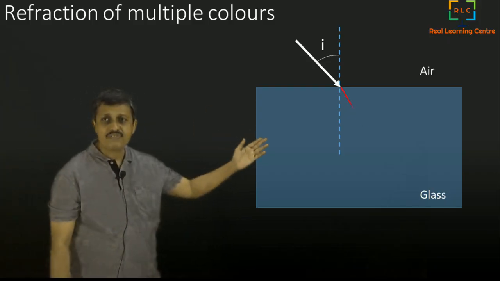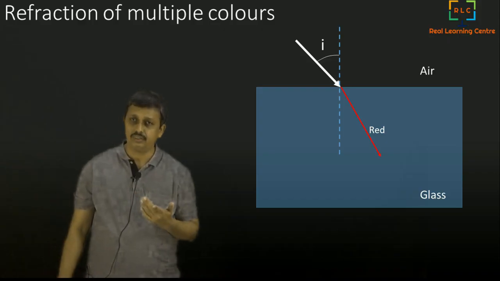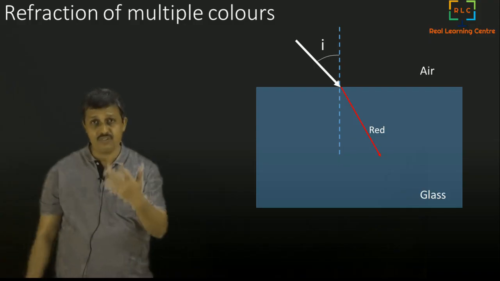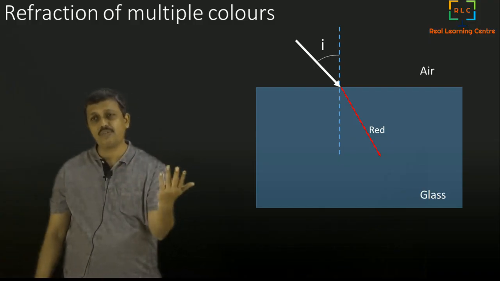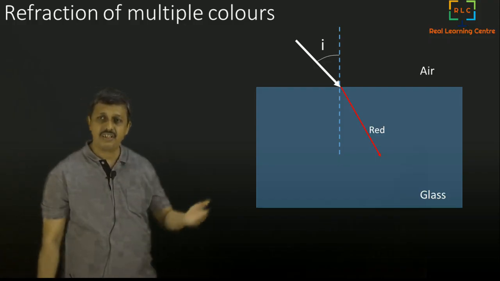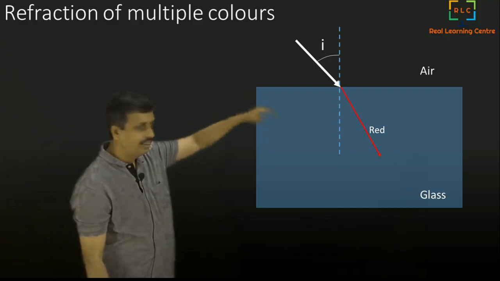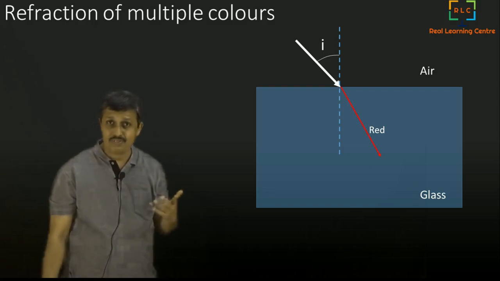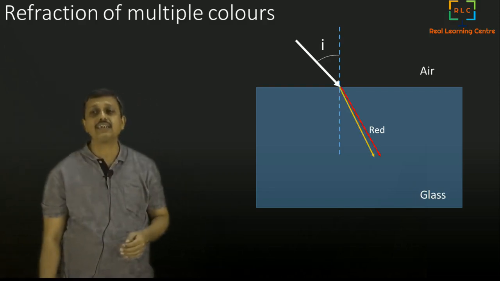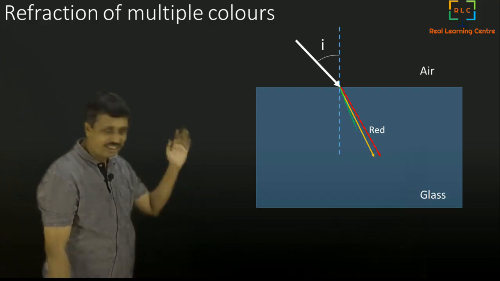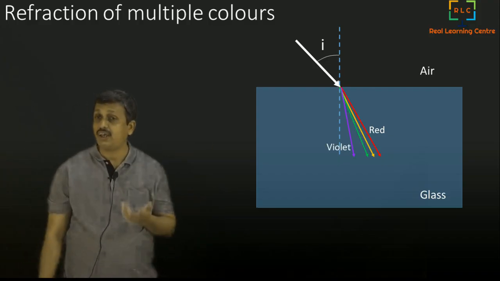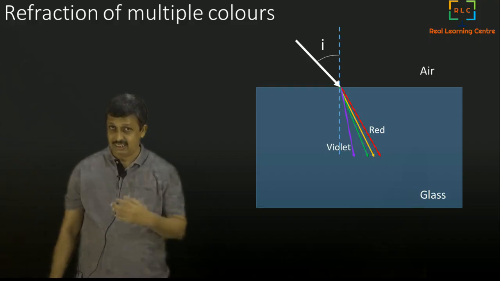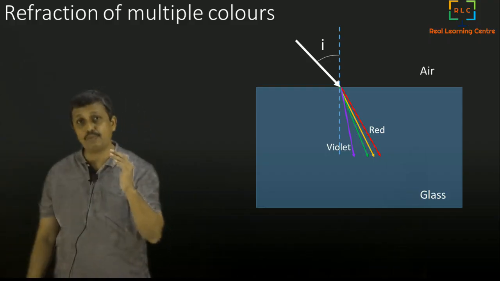Now if you see how it refracts, the red light goes the least refracted, because it is the faster one. The difference between its speed in water and in air is lesser, whereas for violet it is the maximum difference, so it bends more. You can see the orange and the greens, and finally the violet. All of them bend with varied angles, violet being the maximum deviation, maximum deflection.